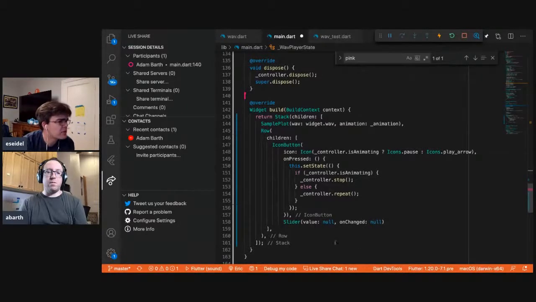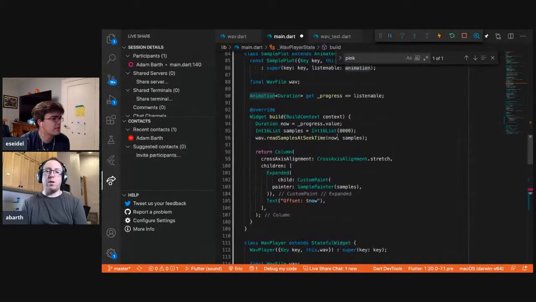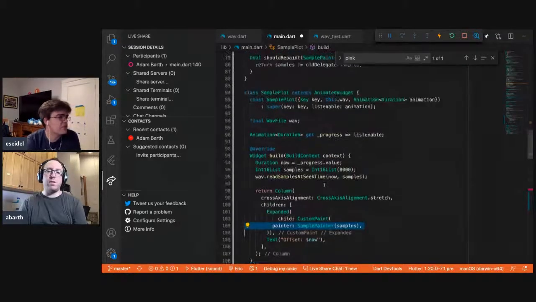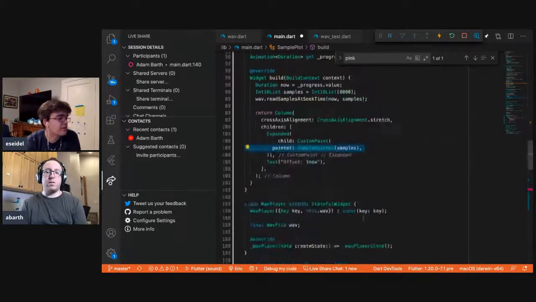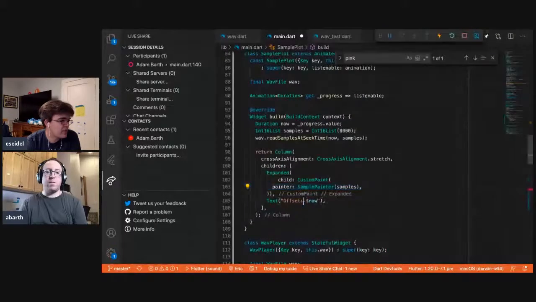And how did we code it up? Yeah, so I think we have that a little bit inside the sample plot. Inside the sample plot, there's another, the custom painter, I guess. Yeah, the sample painter. So basically, the sample plot's job is to read samples out of the wave file and shove them into the sample painter. Correct. And then we have this separate thing, and we briefly put this offset inside the sample plot. Right. And yeah, that was a hint to us, right? Because the same reason why we want to put that in here is that the scrubber kind of belongs with that.